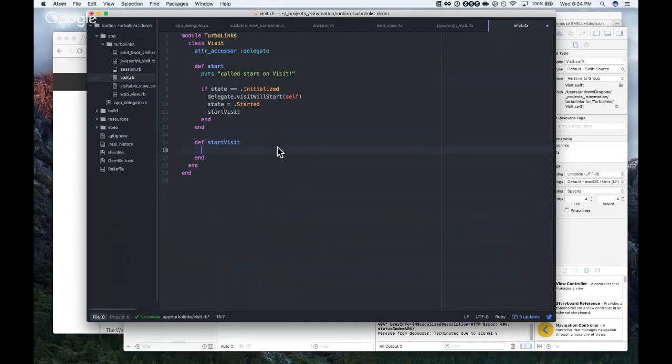Now, do we need the protection? They didn't do a guard on the delegate, did they? They unwrap the delegate, and then they just called visit will start on it, even if delegate might not have been set.